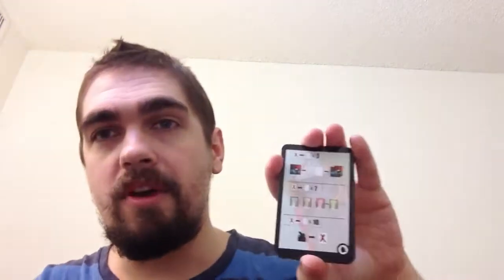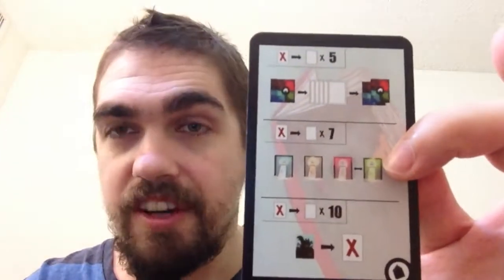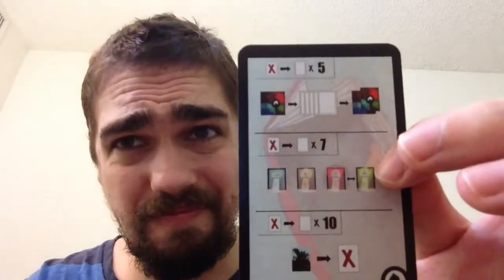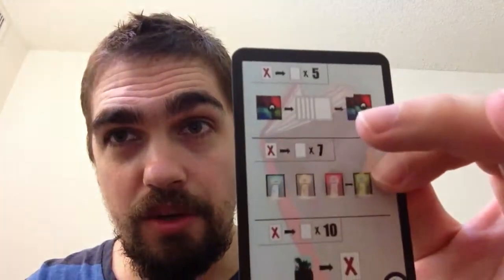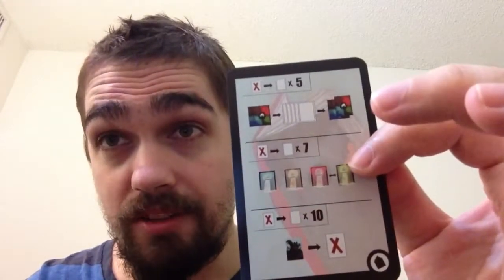Okay. So, let me just separate out the expansion cards, and I will briefly touch on what they are, but I'm just going to be going through the basic game today. So, these are the expansions. There are 3 expansions. There's the Book of Steps Lost and Found, which is a set of spells that you can cast, which have various effects